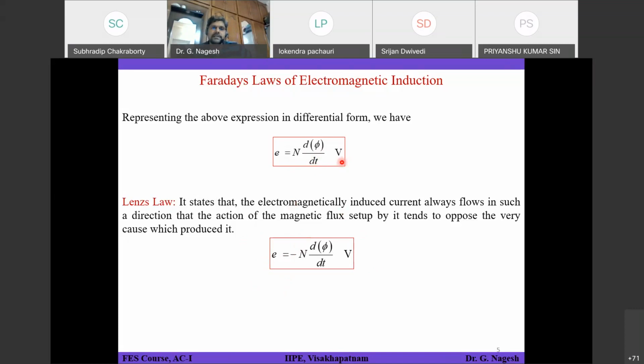So if you consider the main flux as one force, this force will be opposed by the other. That means the main flux and the flux produced by this are going to oppose each other. That's why you will have a minus sign in the final expression: E equals minus n d phi by dt. That opposition is happening physically, but if you want to represent it mathematically, you should have a minus sign. So E equals minus n d phi by dt. From Faraday's law and Lenz's law, this is the EMF expression which is generally induced when a time varying flux is linking a closed circuit.